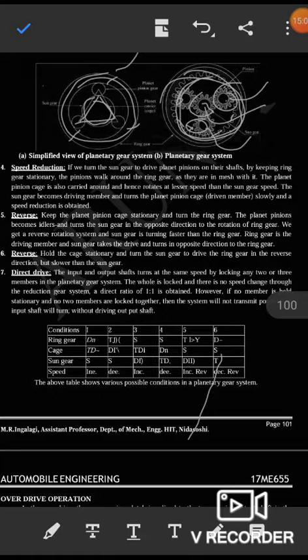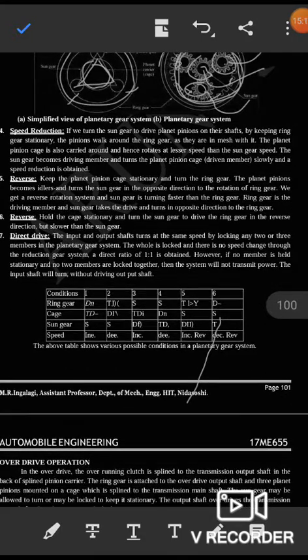The input and output shaft turn at the same speed by locking any two or three members in the planetary gear system. The whole is locked. There is no speed change through the reduction gear system. A direct ratio of 1 to 1 is obtained. However, if no member is held stationary and no two members are locked together, then the system will not transmit power. The input shaft will turn without driving